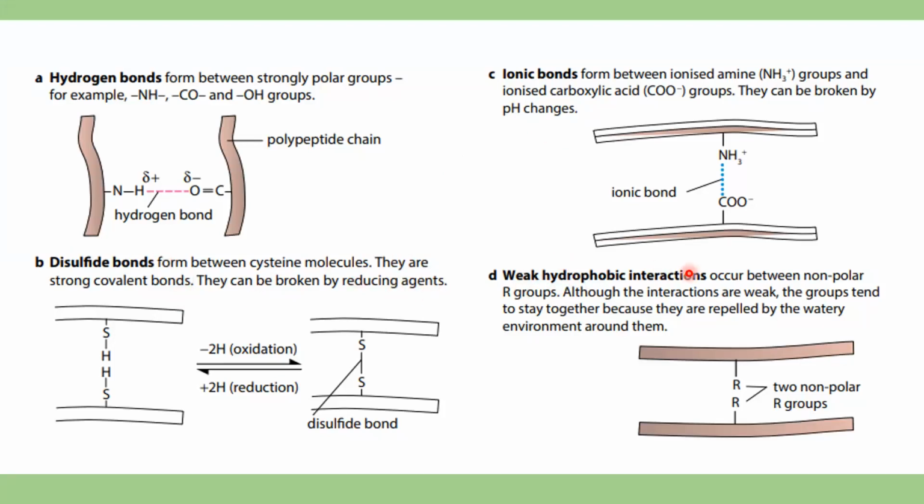Then weak hydrophobic interactions are there between two non-polar R groups. Because the central carbon is attached to R groups also. So that is the other part of the molecule. So when bonds form between them, they are non-polar. So these actually make these hydrophobic interactions here. Okay? So this is what will actually make the structure of the protein repel water. Okay? So these are the four types of bonds that we have to look for.